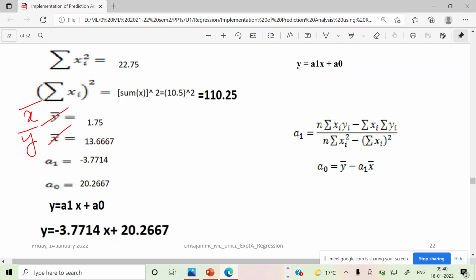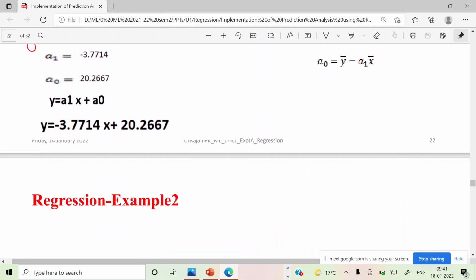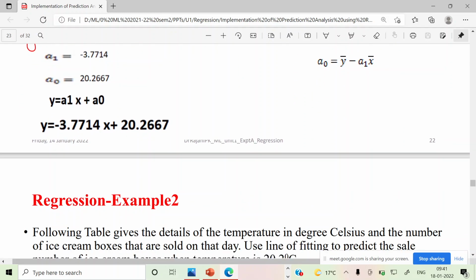So you will get this a1 and a naught. Once you get this, what is the next one? You will substitute in this so that you get a naught. So once you get a1 and a naught, you put them in the equation, that is y is equal to minus 3.7714 x plus 20.2667. So once you get the equation, what is the next step for you? You have to,